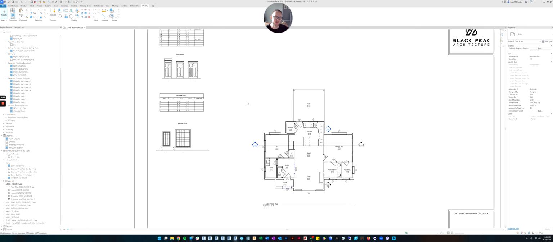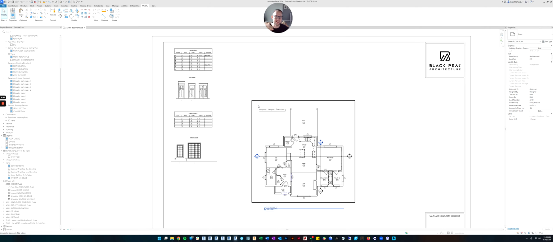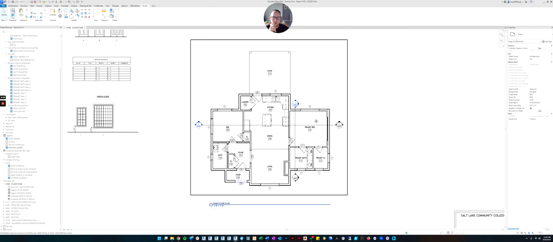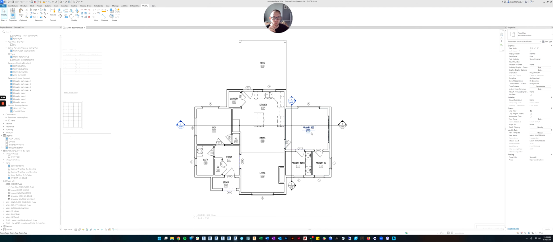But in a finish schedule, what are you actually trying to list as each row? So if you remember when we put in rooms, rooms are actual objects, 3D objects in Revit, and they have their own properties. So what we're actually scheduling when we're doing the finish schedule is each row is going to be a room, and each column is going to be the finish inside that room. We call it a finish schedule, but what we're really creating is a room schedule. And that room schedule will display the finishes.